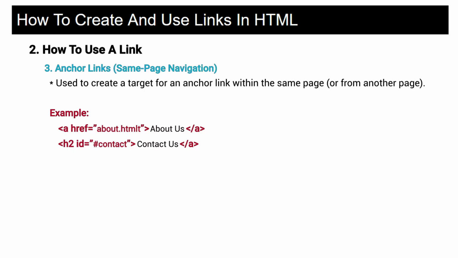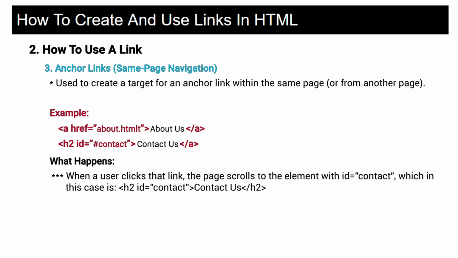So to jump to a section of your web page, you create a link like the A tag we see in the example. And what happens? When a user clicks that link, the page scrolls to the element with the ID, which in this case is the H2 tag. So with this setup, we create a smooth internal page navigation, which is useful for single page